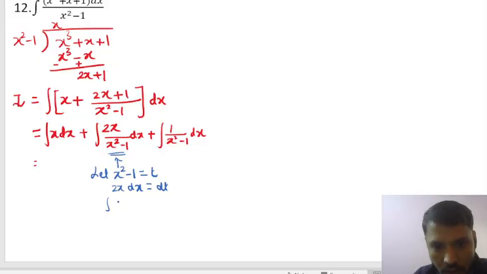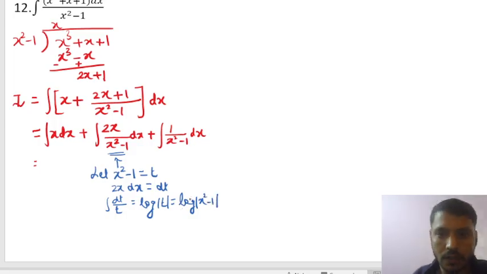This is dt here, it will become dt and this is divided by t, right? That means here for this part the answer will be log of what? Log of t. And since we know that t is x square minus 1, log of x square minus 1, so for this part this is the answer. That means our final answer here we are going to write